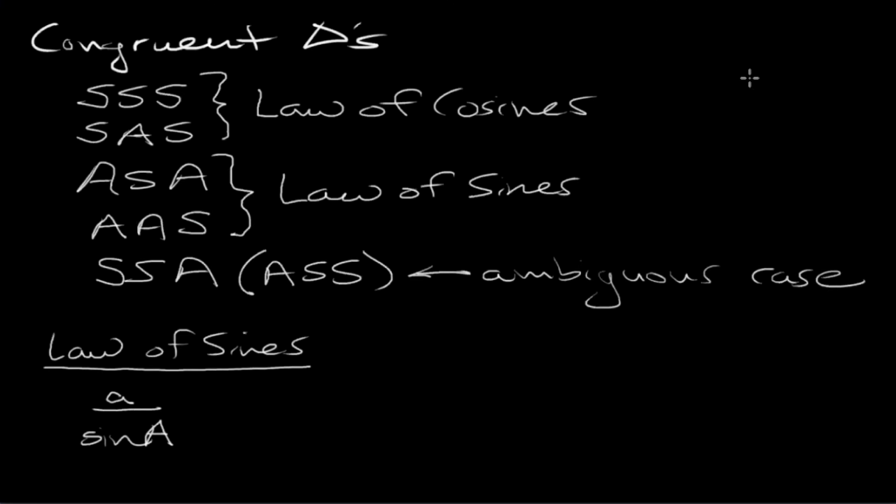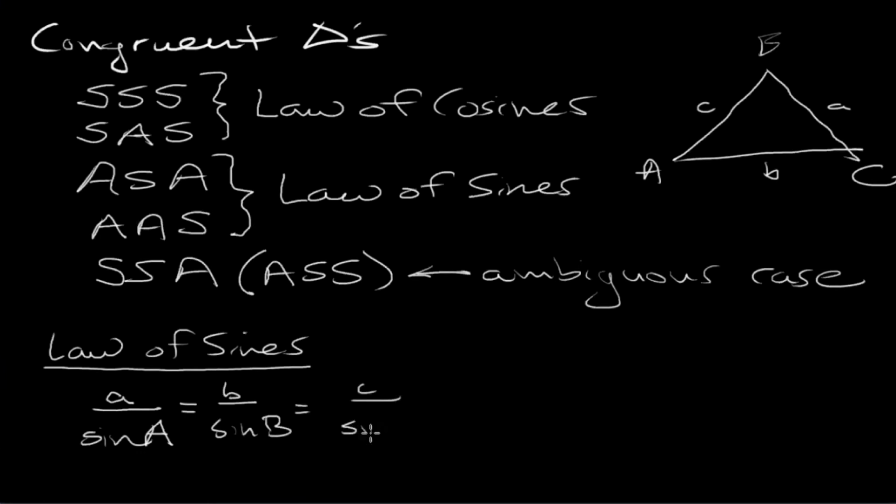If I draw a triangle, all of the formulas that I am doing here rely on a triangle being labeled this way. It doesn't have to be a right triangle. This ratio has to be true not just for side A, but it's true for side B, and it's true for side C. So whatever ratio you get when you divide,